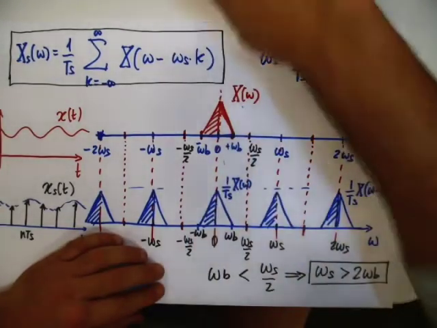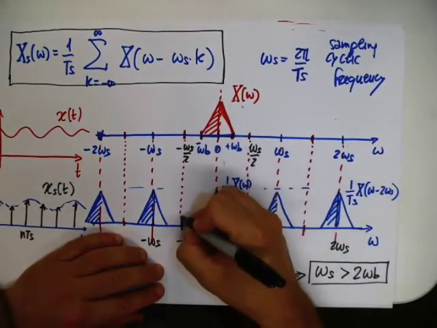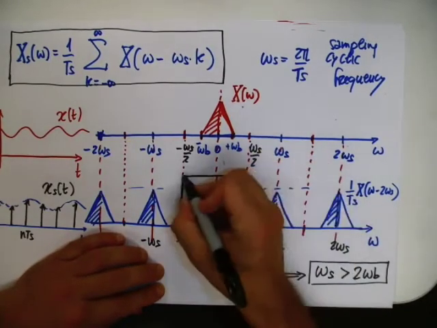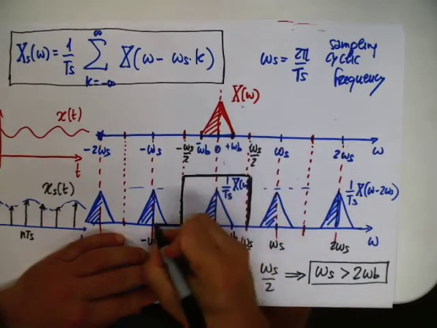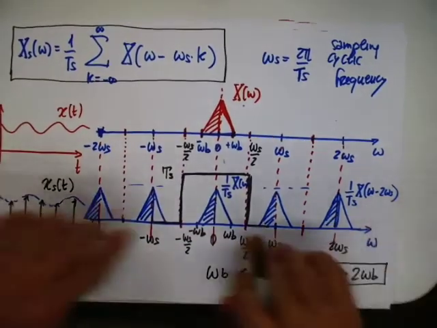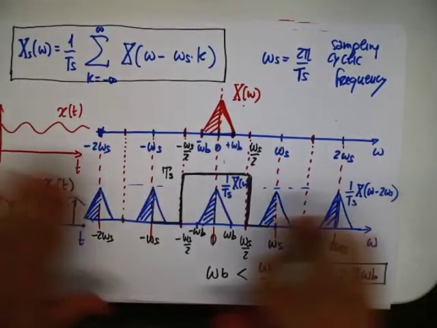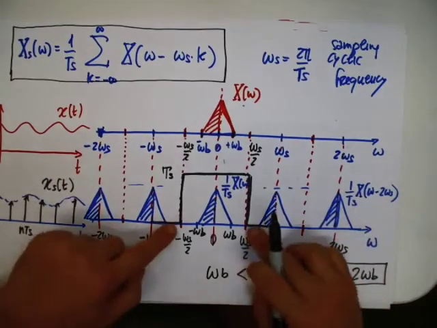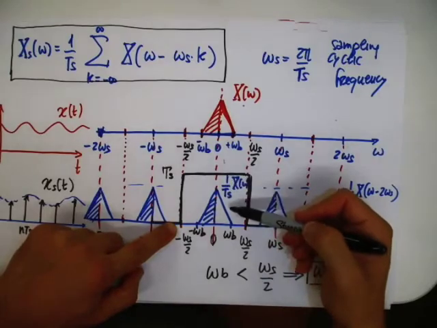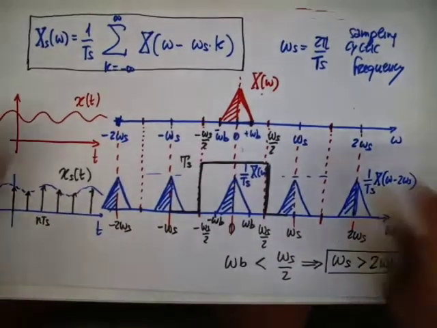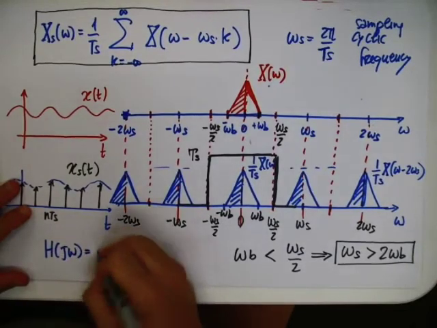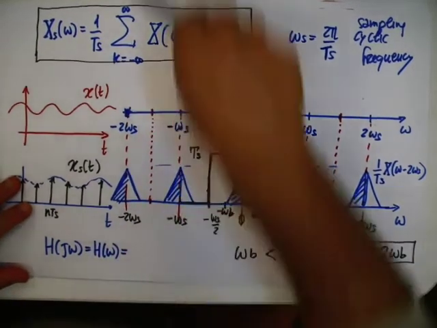So I simply take a box with amplitude Ts, because I need to remove all these spectra, all these copies that I don't need. I only want the main copy at 0, but this is scaled with 1 over Ts, so I multiply by Ts. So the filter that we want is H of j omega,